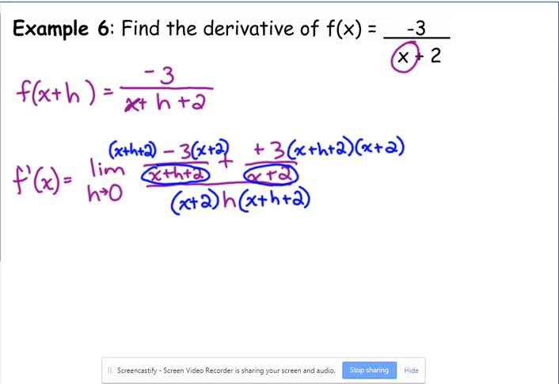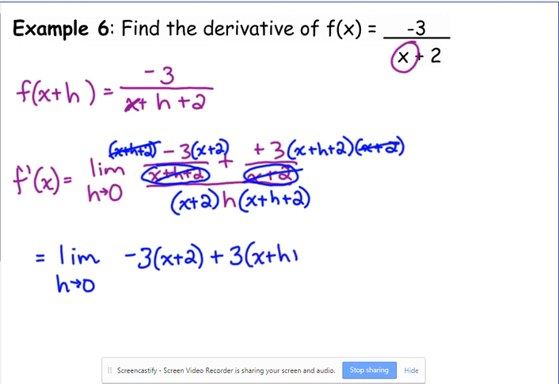I've got to multiply all three terms there: the first rational expression, the second rational expression, and the h in the bottom. So the x plus h plus 2 cancels in the first one. So let me start a line here with what we've got left. We've got -3 times x plus 2. I'll multiply it in the next step, plus the x plus 2 cancels in this one, so we've got 3 times x plus h plus 2,